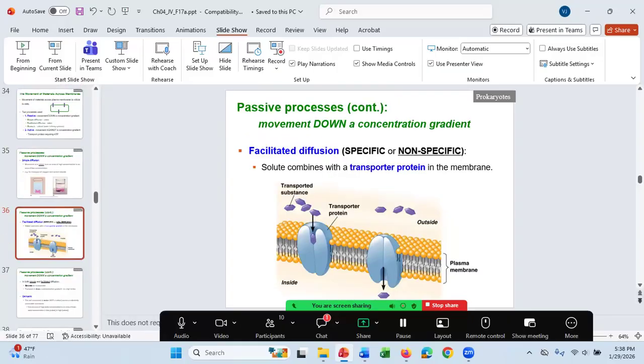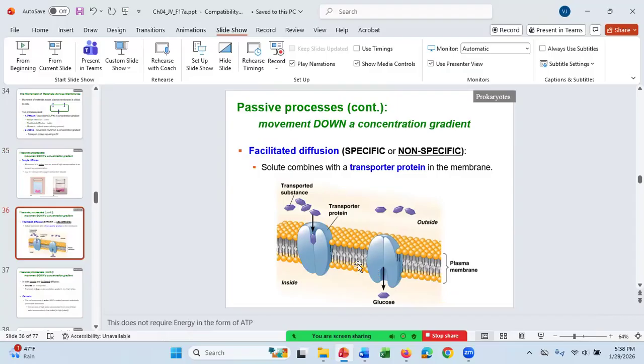All right, facilitated diffusion is similar to simple diffusion, except the molecule is moving from areas of high concentration to areas of low concentration across a membrane. How that happens is with a protein facilitating the diffusion. Usually it's called a channel protein. Here it's called a transporter protein. Don't get it confused with a transport protein. Glucose is not a good example, and I'll explain why in a minute. Fructose is a better example. Fructose only moves into the cell by facilitated diffusion.